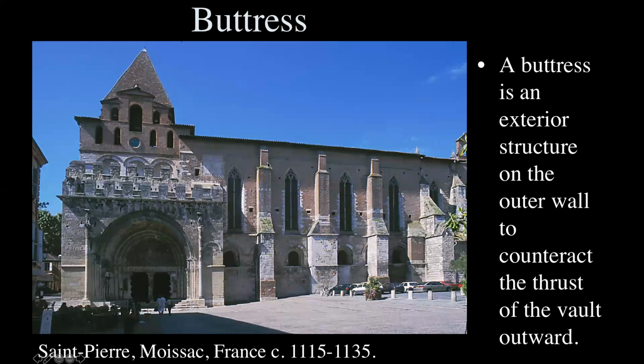And on the outside, you'd see the thickened parts that are supporting each of those arches. So you don't need to thicken all of these parts, because the rest of this is infilling. It's not supporting the building. These are the parts that are supporting the building. And indeed, they would stand by themselves without the rest of this stuff and support the roof as well. So they counteract the thrust of the vault outward. So we're starting to develop technologies that give people some new ideas on things they could do. We'll see that come later in the Gothic period.